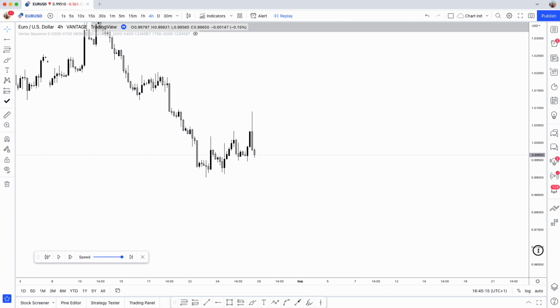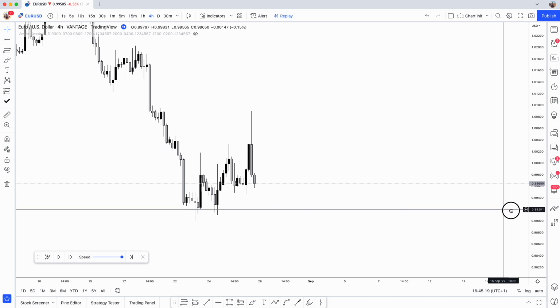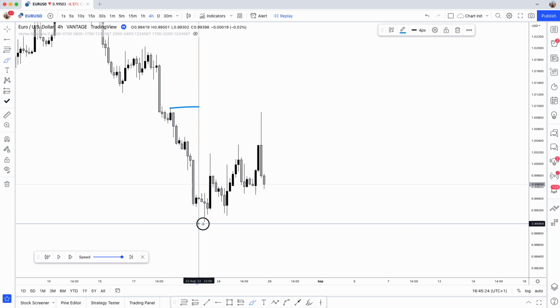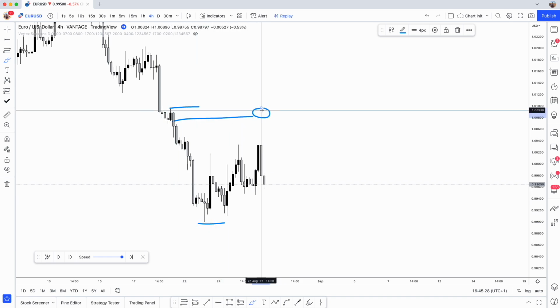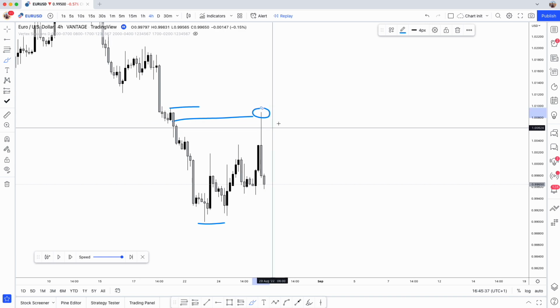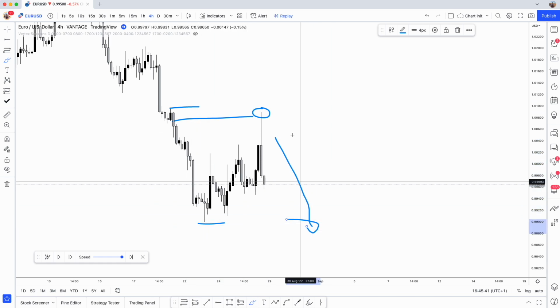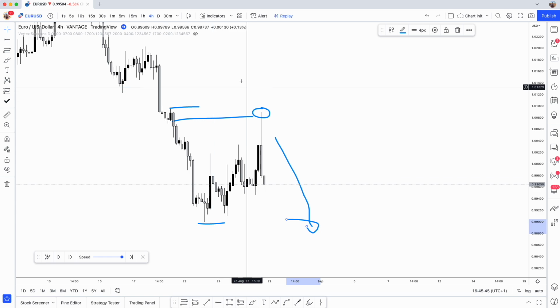So from the 4 hour, and this is what we'll see on market open. Judging from price, all we can see is that we are in this range from that high to this low, and currently there's a reaction from the 26th, from this 4 hour POI. Now what we can say here is that price needs to go out and take out this low. That's the only logical thing that we can say from this reaction.